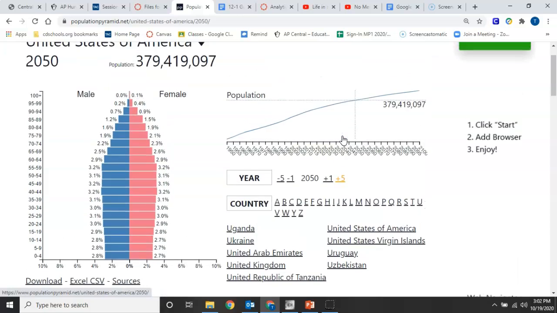When do they reach that? Here's 2050. Do we think they look as bad as Japan and Germany here? Many people would argue no. I mean, it does look top heavy, but it looks relatively similar between the people younger than 40 versus older than 40. All right, but if we go to other countries,